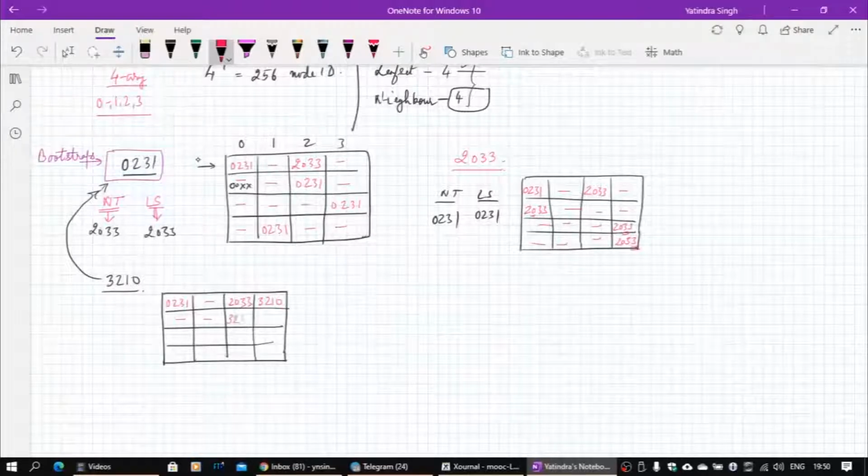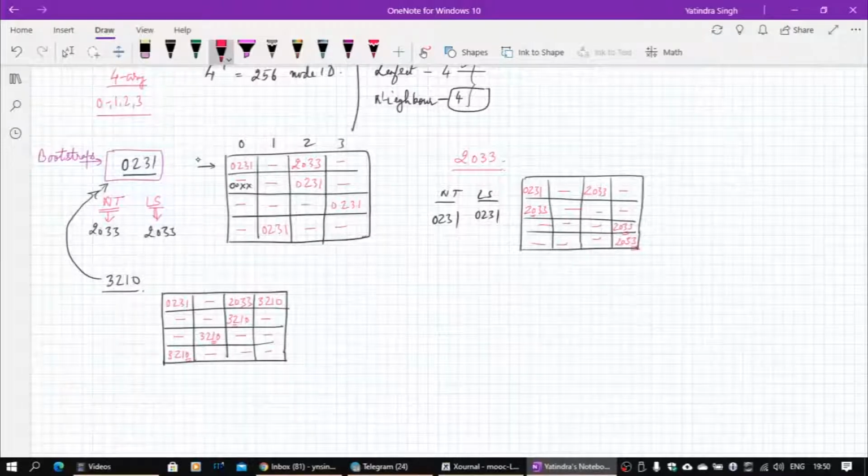So next entry has to be 3210, which will come here, because 2 will come in this row, 0, 1, 2 and 3. This is blank. Next one will be 3210, so it will be 321, because of that it will come here, because of 2 you are here, and last one is 0, so it will be 3210 with the last digit. This is the new routing table for him.